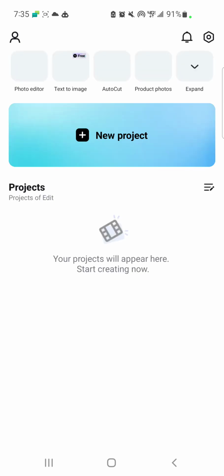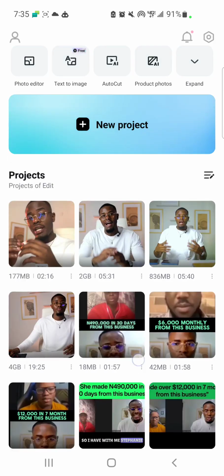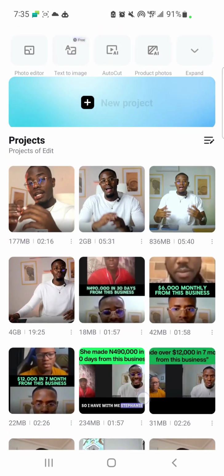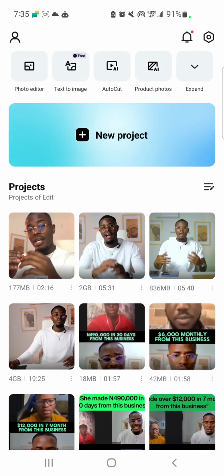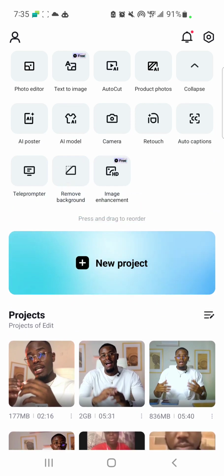Now the first thing I want you to understand is that when you're doing short form video editing, you want to make sure that you understand the concept of video editing, and that's why in the previous module of this section I talked about the components and the structures of any videos. If you understand that and you understand how to use some basic icons in any video editing software, you can also replicate the same thing when you are editing on a laptop or using an advanced editing software. All you need to do is learn where all these components are, so that you can replicate the same thing on